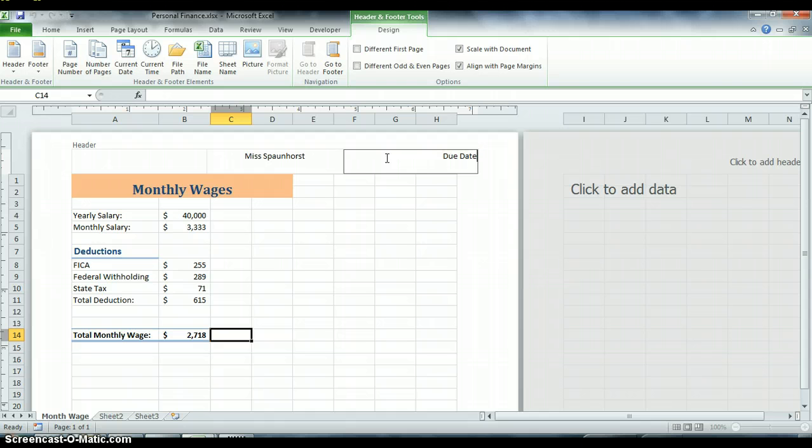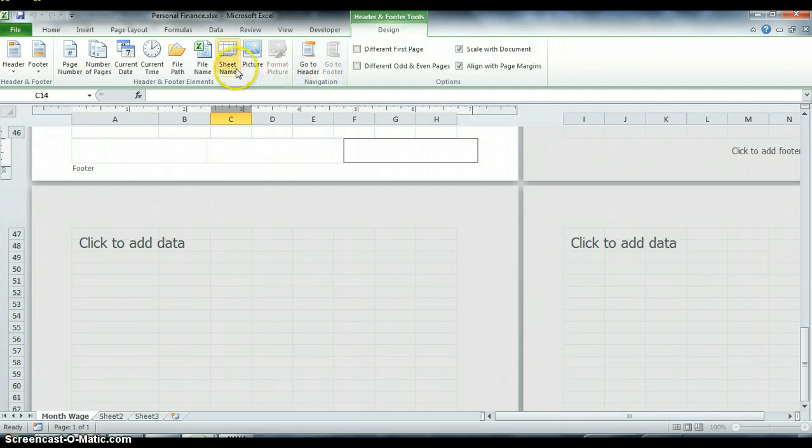Put in your actual due date, please. And then click Go to Footer and put in your file name in the center. And on the right side, the sheet name. That's going to be the format for all of the sheets in this. So now go back to the normal